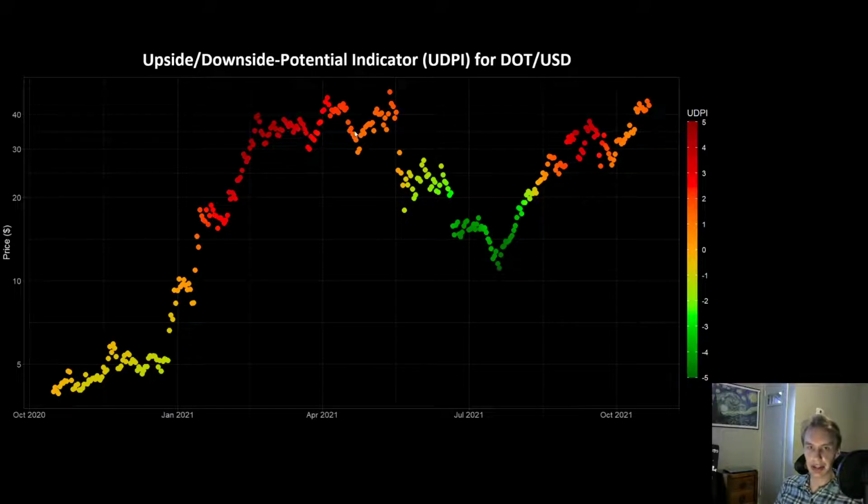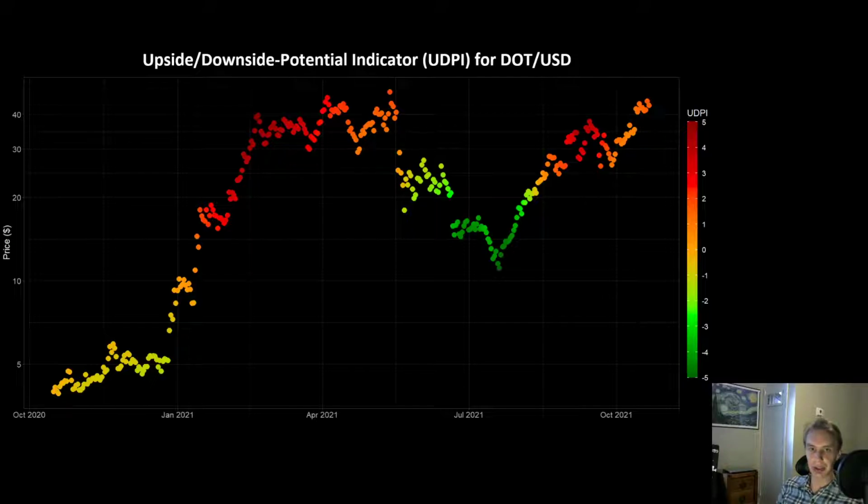There's other assets that hadn't run yet that your money would have been much better put in other than DOT. And so the way that I use these models is once we get to these really high risk zones, even if the absolute top technically hasn't come in yet, like maybe it will go up a little bit more in the future, it's just not worth the opportunity cost to leave your money in that asset once it's hit these really high risk zones. You're much better off taking profits out of that asset, putting it into something that's lower risk in that moment, and that's where it's useful to have